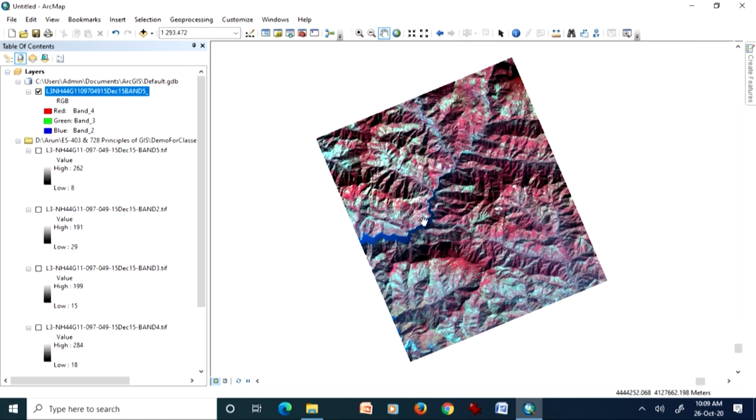Similarly, these 3D perspective views have been created on Google Earth, as you can also see there. With this I end this demonstration, with a suggestion or request that whichever software you are using, please download some satellite images from the net.